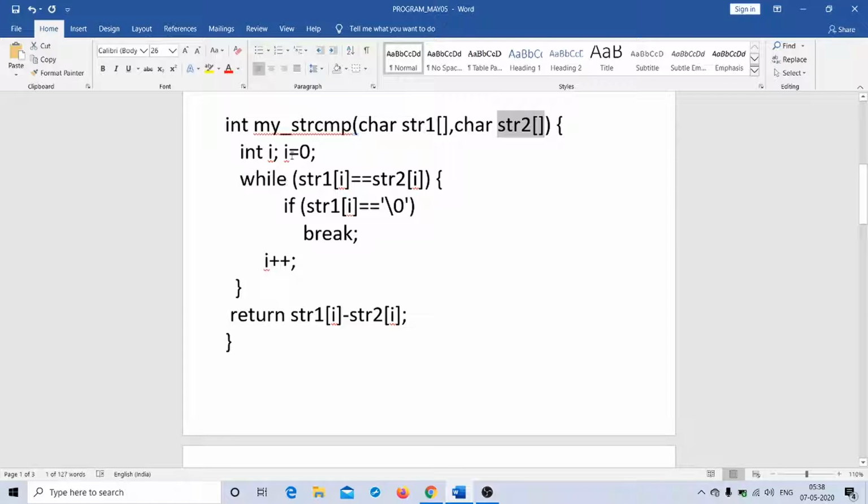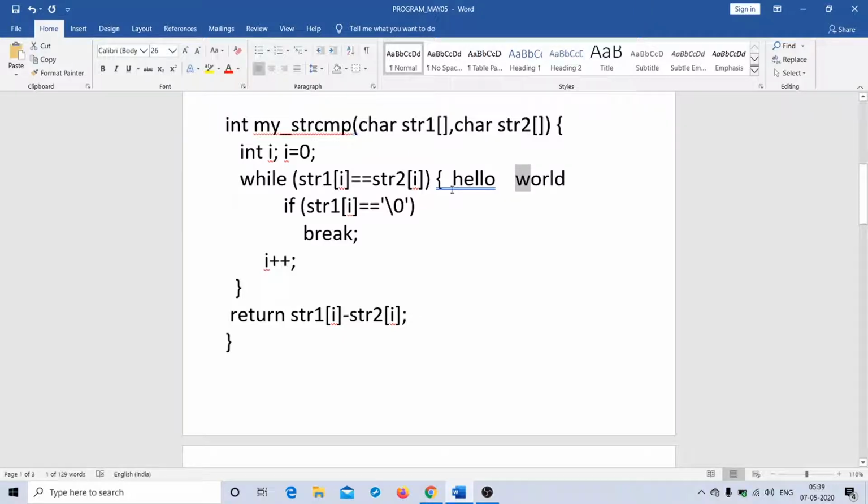And as usual, I have the value of the variable i equal to 0. And then I will say while str1 of i is equal to str2 of i, right? So this is the loop. So I have one string as hello and another one as world. So str1 of i, so this is my str1, which is h, and str2 of i is w, where i is 0. So h and w.